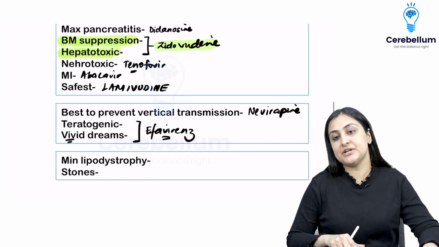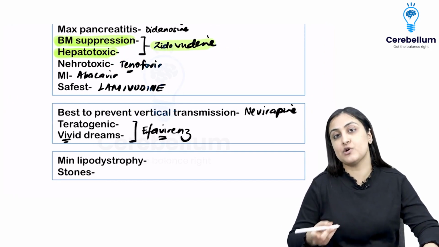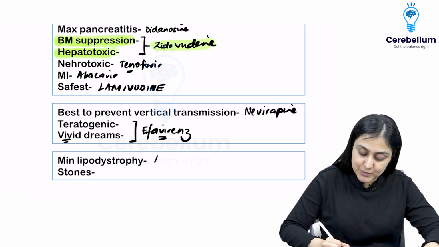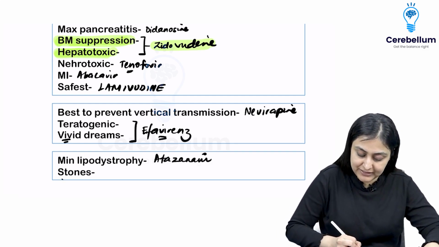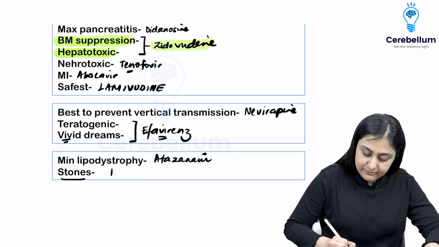Then protease inhibitors are associated with a lot of lipodystrophy. Just like we saw with insulin, these are also associated with lipodystrophy. The minimum is with atazanavir. So atazanavir has the minimum lipodystrophy, and then stones, I am sure you remember from surgery also, are maximum with